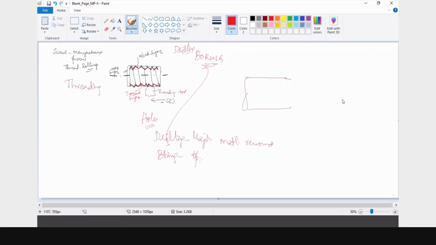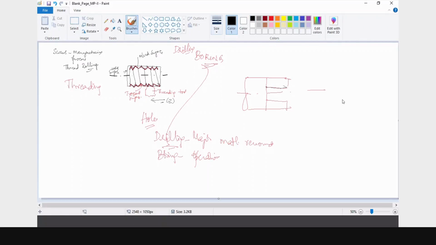Now you see, drilling is not a single point cutting operation. Drilling will be a multi-point cutting tool. So what you have is something like this, and if I want to have a hole inside this component, this is the hole which you are going to make in the workpiece.